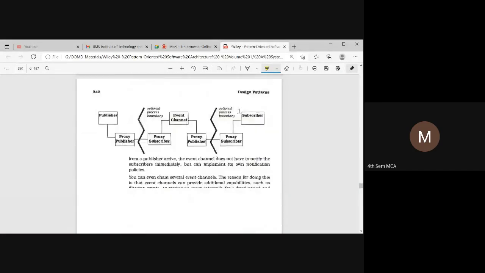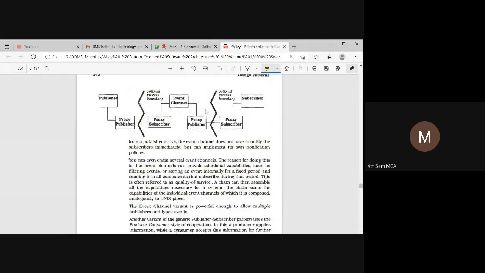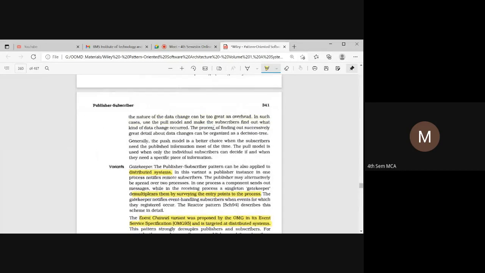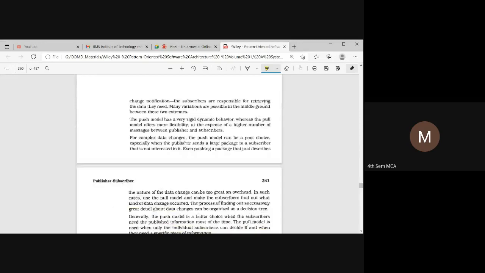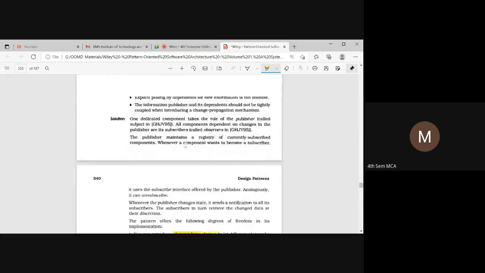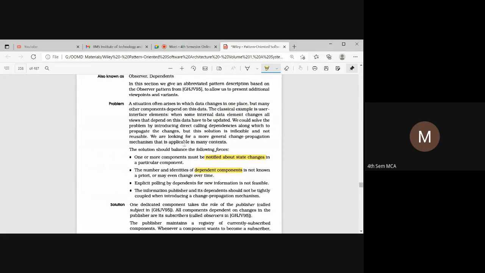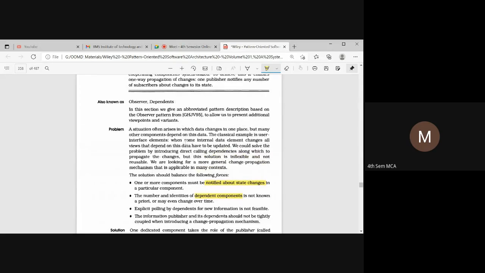And these are the variants, and this is an OMT model. So in this publisher subscriber pattern, like in the other patterns we discussed in the previous class, we had various headings, right? Like structure, solution, everything. So the structure and solution is not explicitly specified here. So here the structure of the pattern will be that one is a publisher and one is a subscriber, the two components that have to be specified.